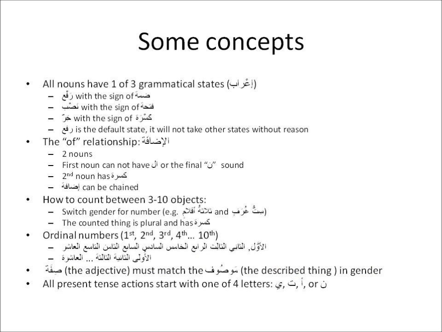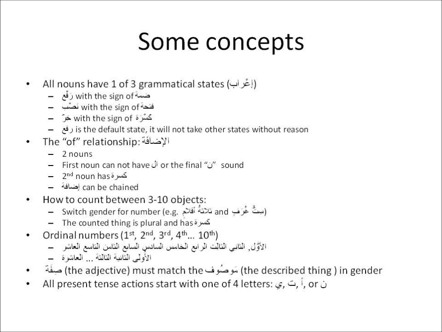Okay, so now we're going to get into some concepts here before we move on. I want to talk about i'rab, counting numbers, and how to do some conjugation of some verbs, because I think that we need to slow down just a little bit before we move on. So, firstly, i'rab. I'rab means grammatical state, and it's talking about the change in the endings of words due to various influences that you find. So that means that every noun, or ism, has something called i'rab due to various factors that come together.